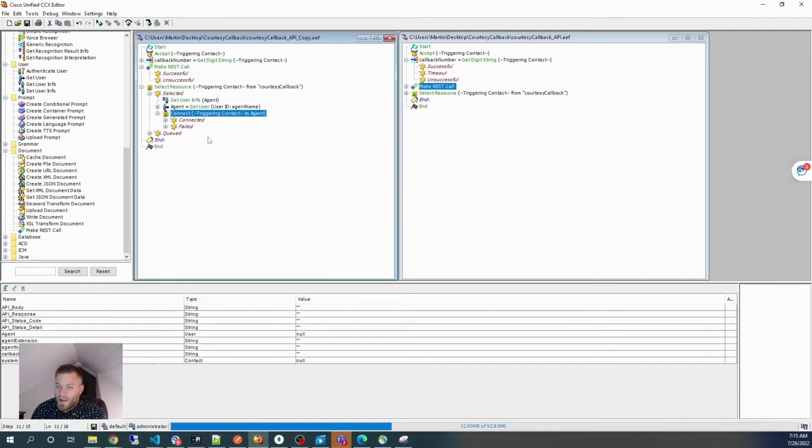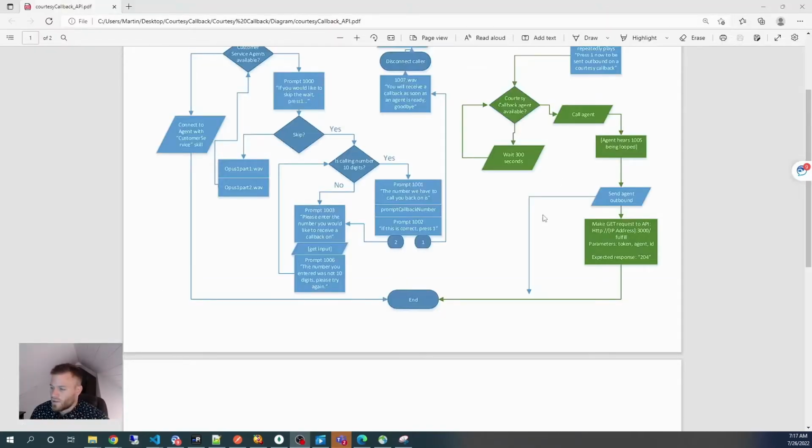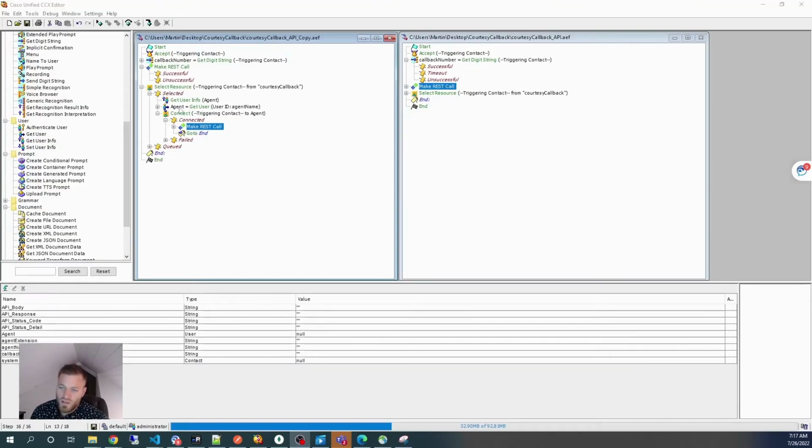So right after the connect step and before it goes to end, this is where we're going to want to make another REST API call. And the API is going to expect the parameters of the token again, same token, and then it also is going to want an agent name and an ID. And quick note, the agent name is